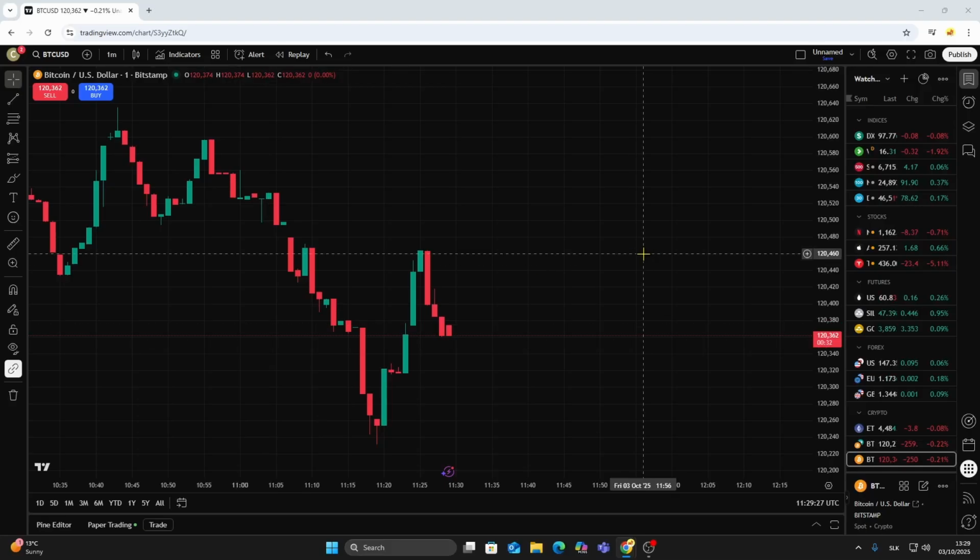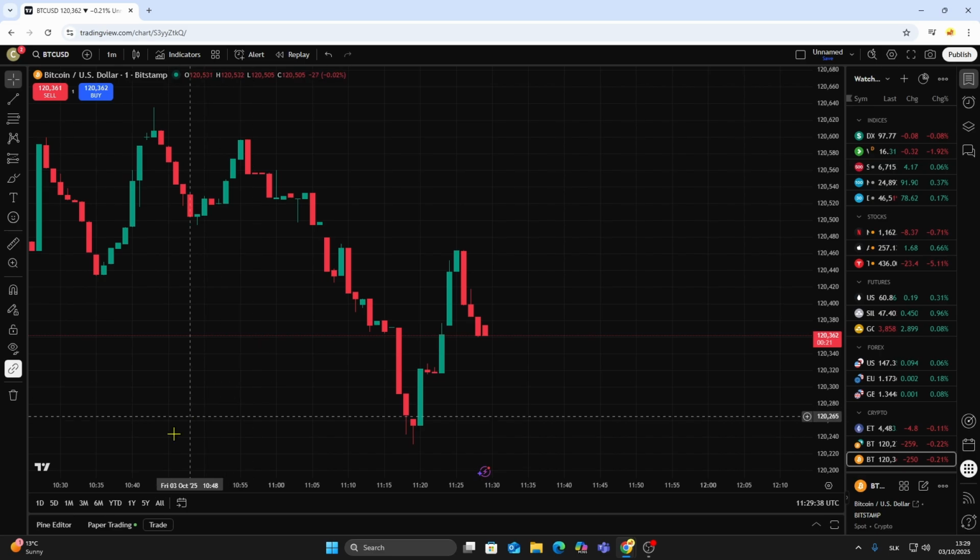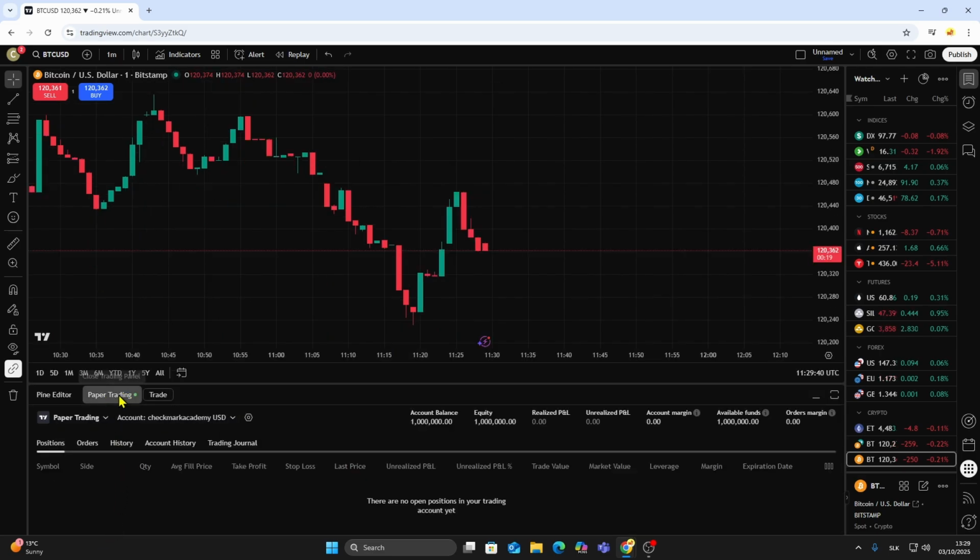In this video, I'm going to show you how to set a stop loss in TradingView. First, open up your chart and select the asset you want to trade. This can be a stock, crypto, or any other instrument. For this example, I'm connected to the paper trading account, but the process is the same if you're connected to